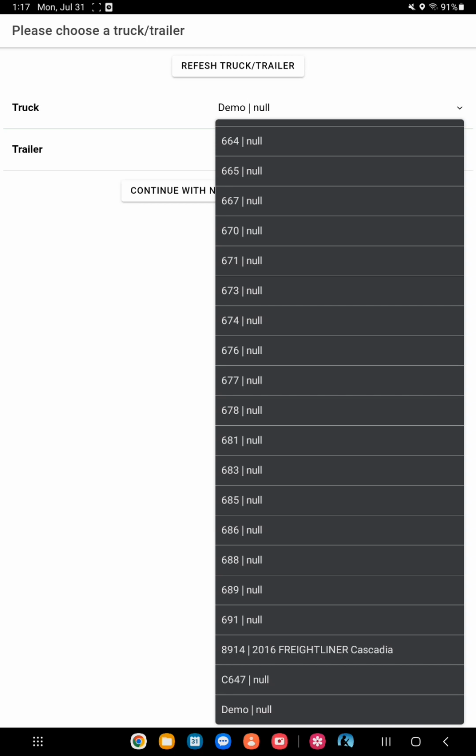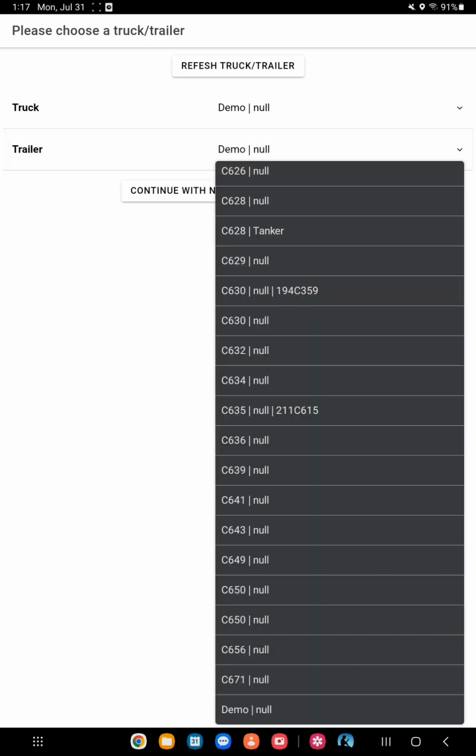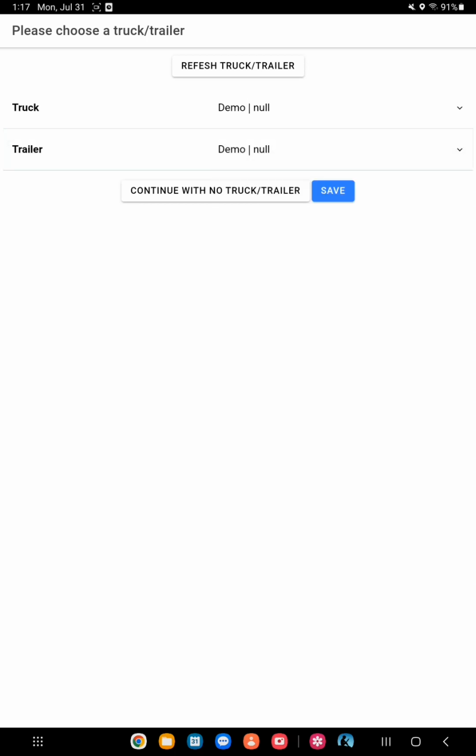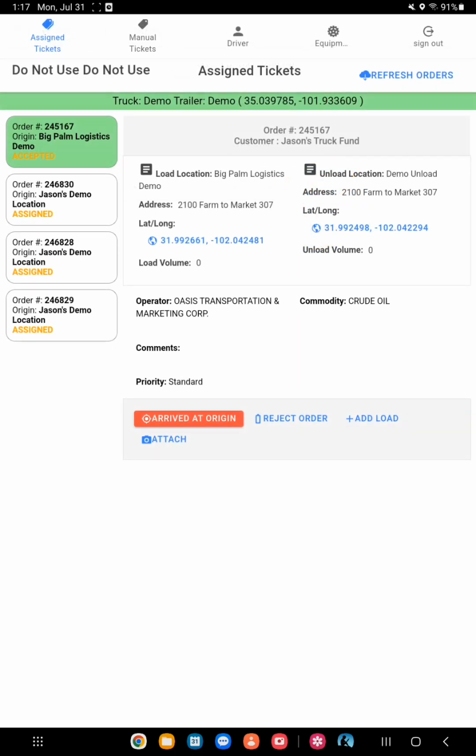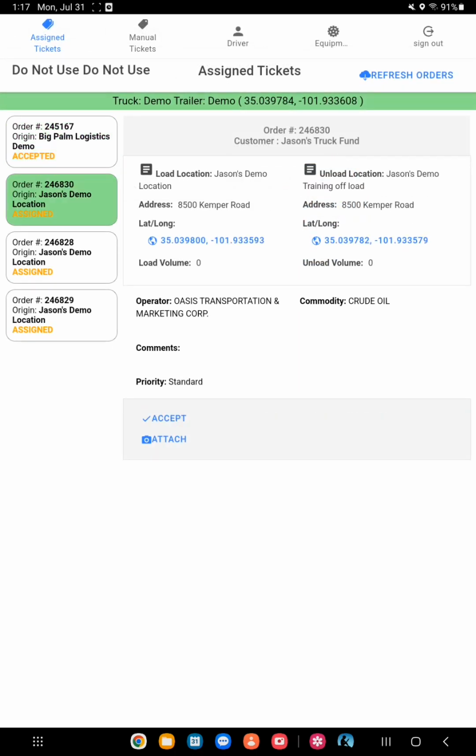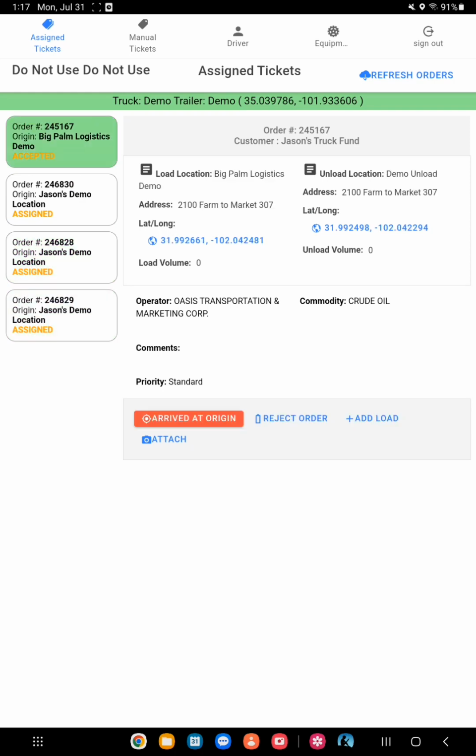If you don't see it in this drop down list, reach out to dispatch ASAP, and that way they can get it changed over. Your pay is directly tied to your truck and trailer. So if you're using the wrong truck and trailer, or if somebody else is using your truck and trailer, it'll mess up your pay. So once you get the right truck and trailer, we're going to go ahead and hit save. As you can see right here, we have our 4 loads,